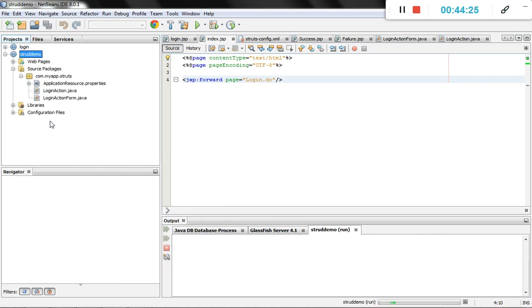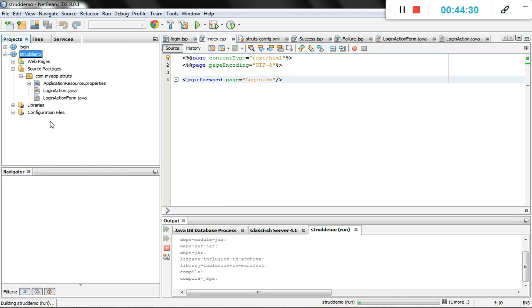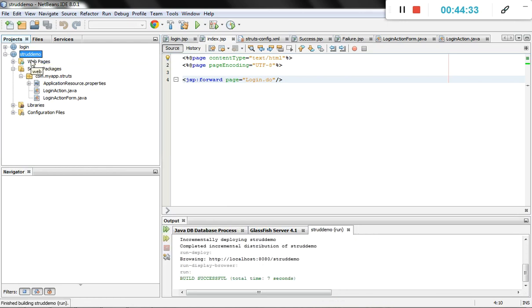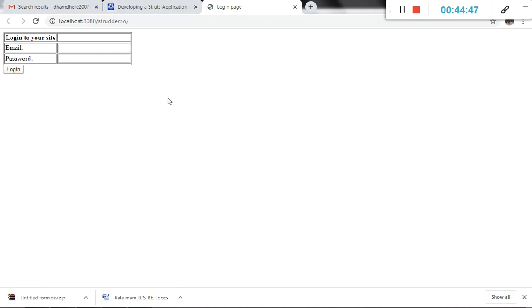We will run it. So it's already created. We will just verify this code also. It may be something wrong with the previous or existing code.